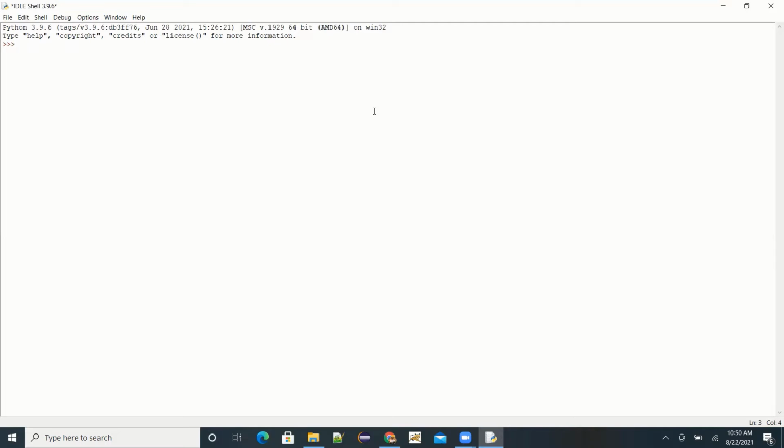So we can say a equal to 2. This particular line has assigned the integer value to a, which is an integer variable.